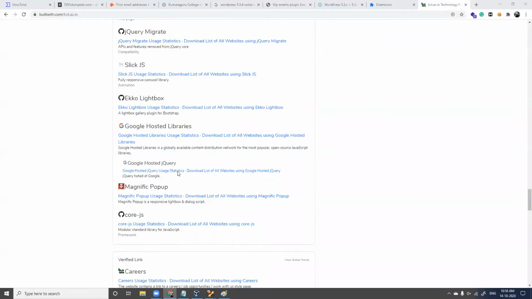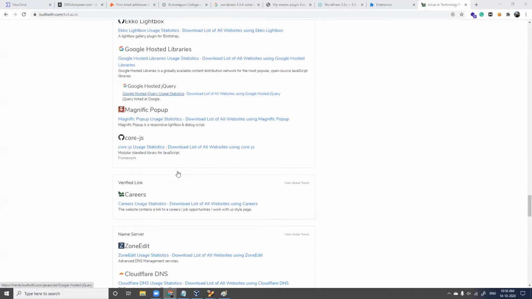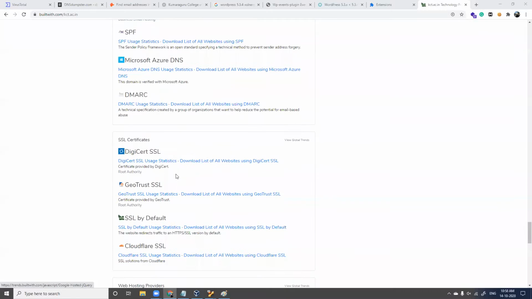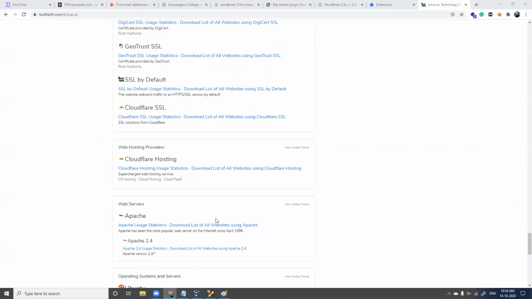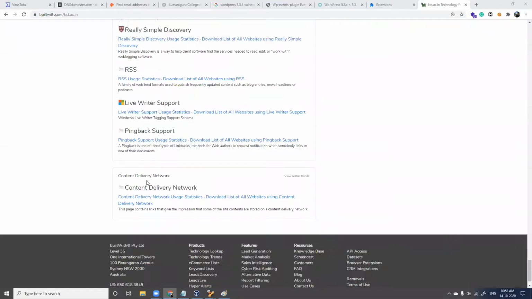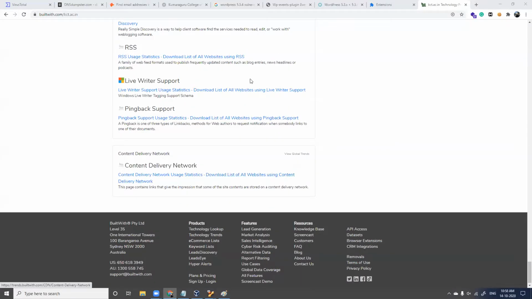This is not a DOS attack. We are not performing any attack. We are just enumerating. See, it is giving you so many options about this site. Apache, Ubuntu, fine. So much information here.